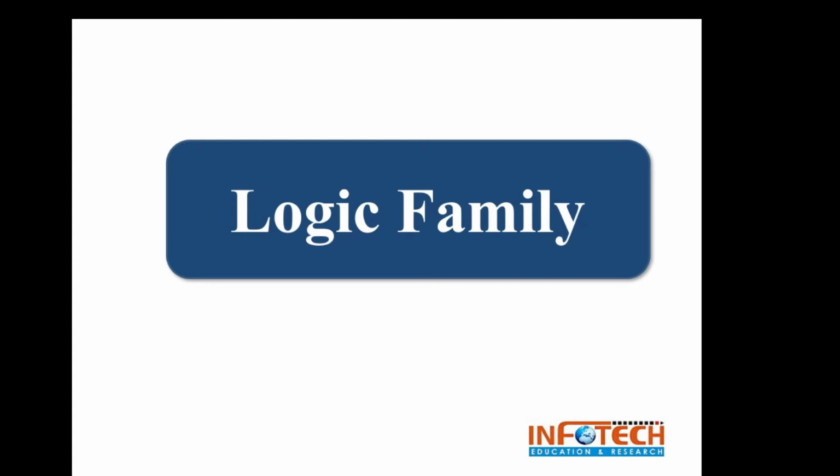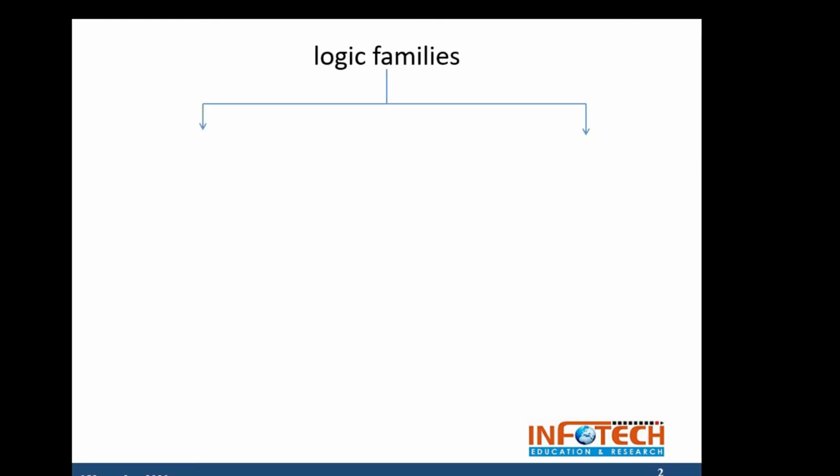In this class, we are going to discuss logic families like NAND gate, NOR gate and all. So here we are going to discuss some more logic circuits like DTL, that is the diode transistor logic, TTL, RTL, PMOS, NMOS and all this. So in digital electronics or any electronic subject, we hear these words DTL, TTL, CMOS, emitter coupled logic, that is the ECL, and these are very important and regularly we hear these words.